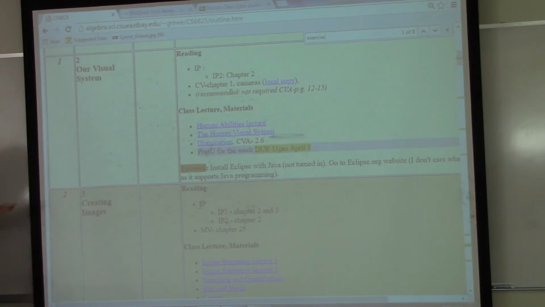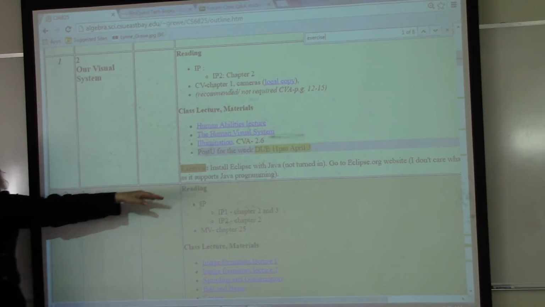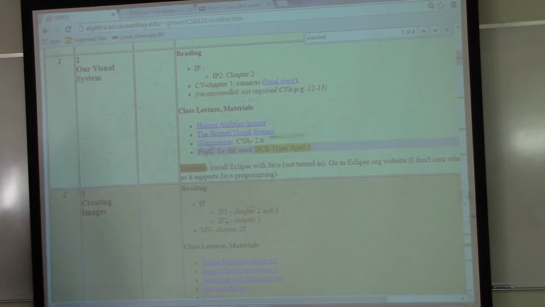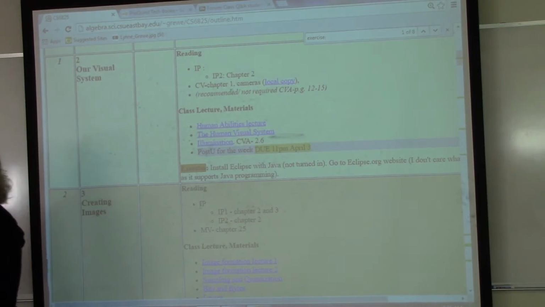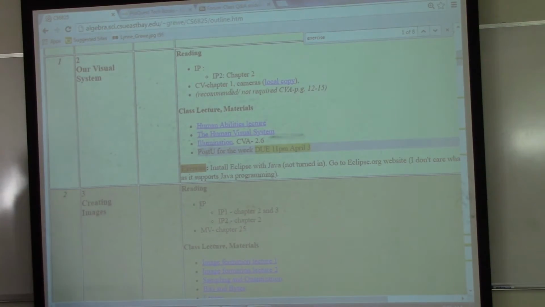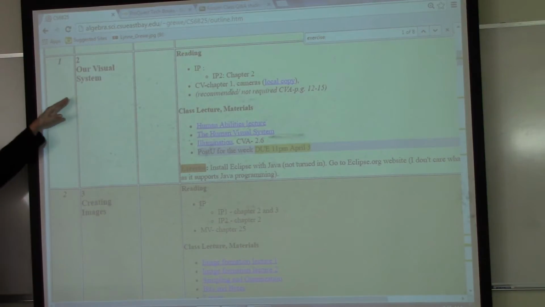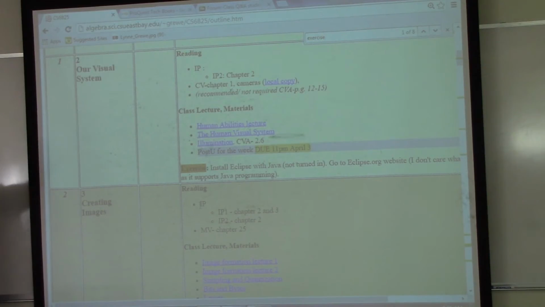And one of our first ones is week 1, which I reminded you of in the week 1 to-do, which is to please install Eclipse for Java, okay? Now notice it says it's not turned in. Some exercises I'm not going to ask you to turn in, but it doesn't mean you shouldn't do that. You should do it. The ones that aren't turned in, I don't put a due date and time on them. But by implication in week 1, and by implication that it's in your week 1 to-dos, you need to finish it by week 1. Okay?